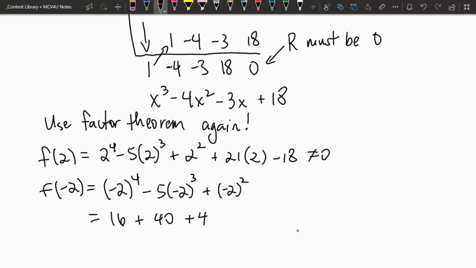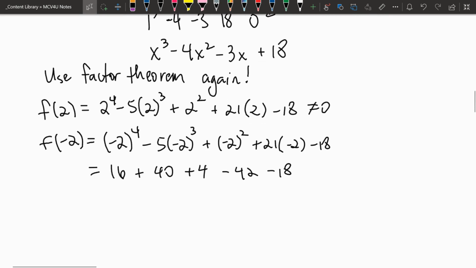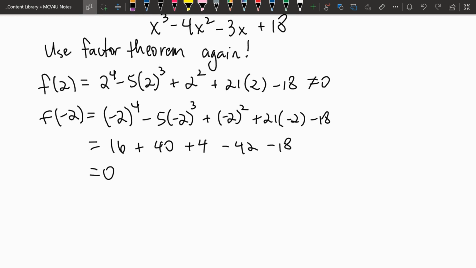And then we have a plus 21 times negative 2, so it's minus 42. And then minus 18, and I believe that turns out to be 0. Okay, so we have another factor, right? So x plus 2 is a factor,